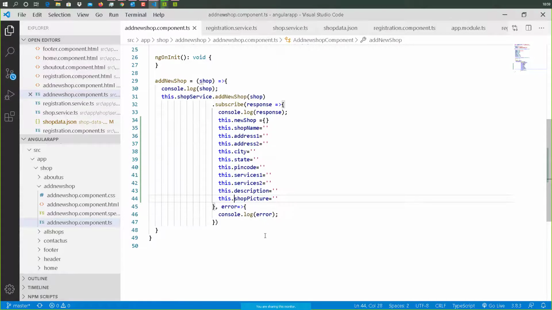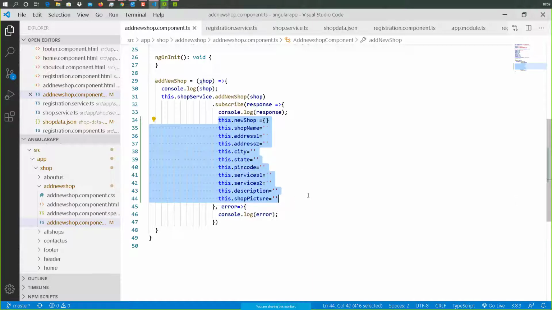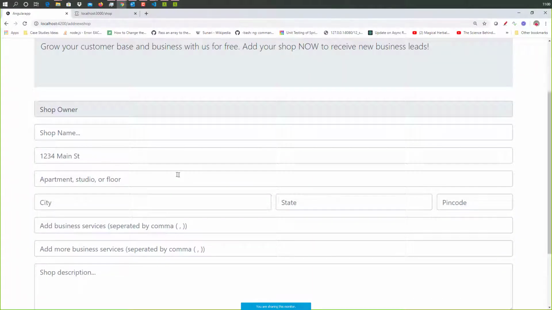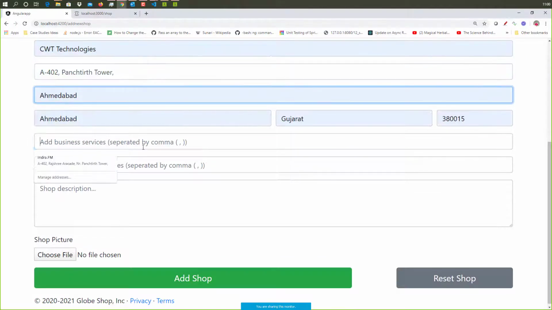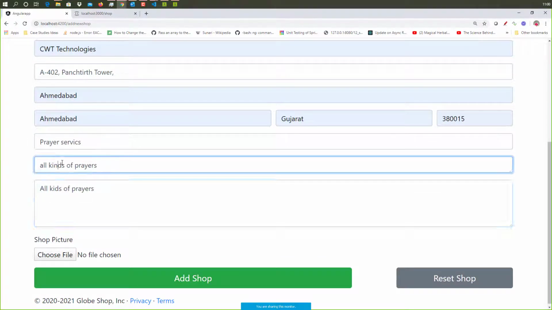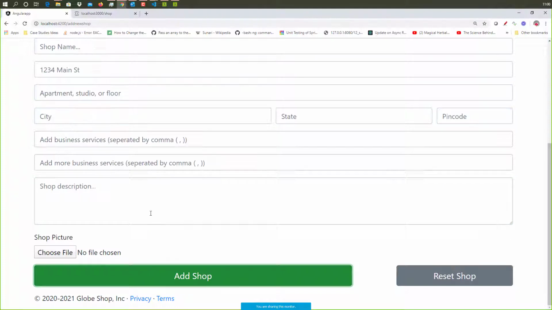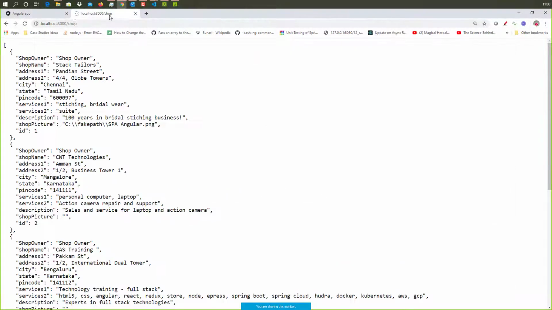So now once I add the shop, once it is added, all of the fields will be blank, and I can also set them blank by clicking on the reset button. So let's click on add shop. You can see everything is turning back to blank, and of course the shop is also added,